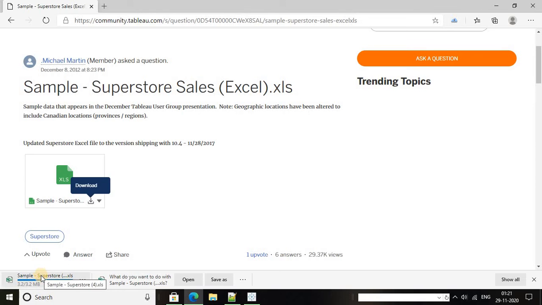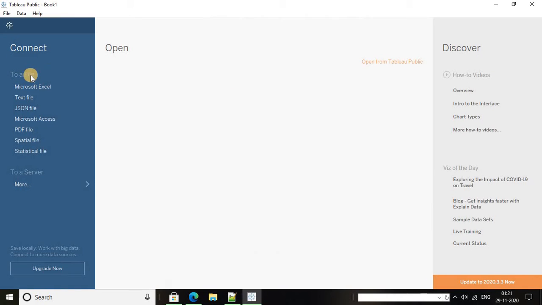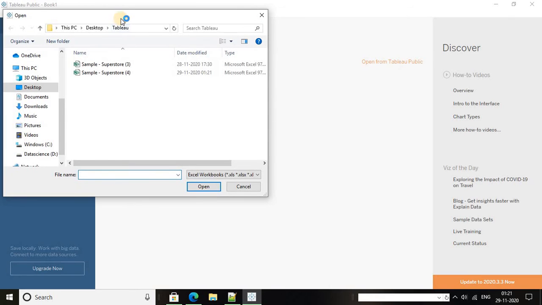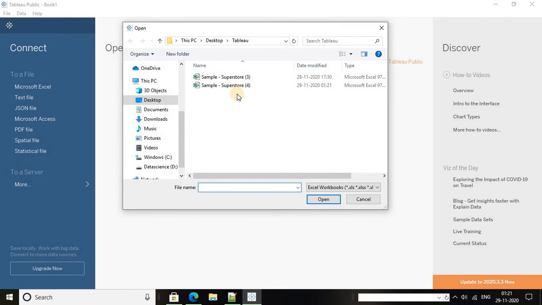After the data is downloaded, we have to go to Tableau Public. I said that our data is in the form of .xls, so we have to choose the Microsoft Excel source here to load the data. When I press that, it will prompt me to the folder where my data is stored.